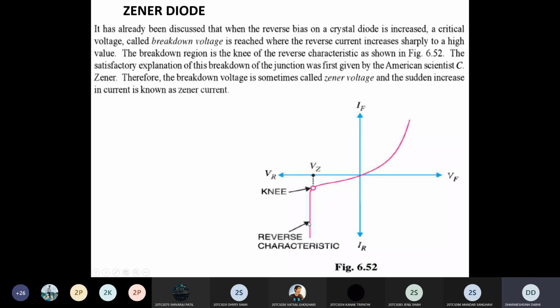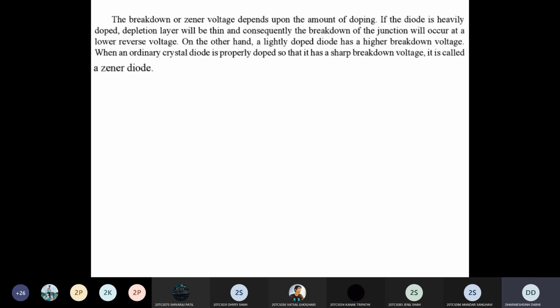So the difference between the diode and Zener diode characteristic is that in the Zener diode, the reverse current increases very sharply after the breakdown voltage, which does not happen in your normal diode. Your current increases, but not very sharply after the breakdown voltage, if you compare the characteristic of diode and Zener diode. So that is the difference between both these diodes. Another difference is that the Zener diode is always operated in the reverse bias mode.